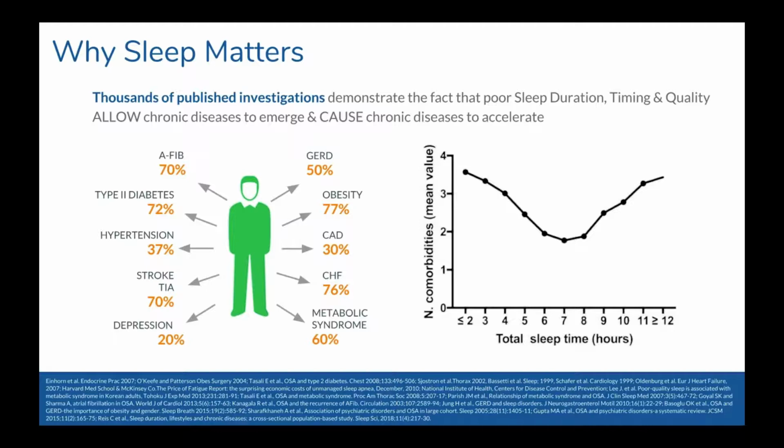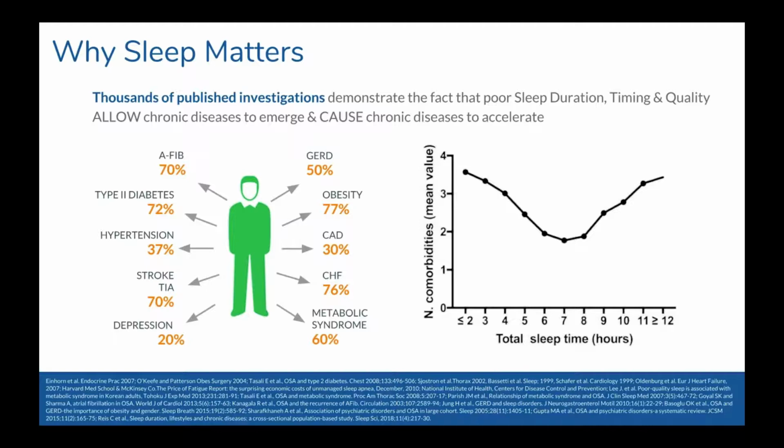Things like AFib: 70% of people with AFib actually have an underlying sleep disorder like sleep apnea that is driving their AFib. And oftentimes when the cardiovascular specialist sees somebody for AFib, they'll send them to get a sleep study right off the bat before they do any further testing, because that's such a significant finding within that population. And once treated, it actually helps to control the AFib. We know the same thing's true for type 2 diabetes. We know the same thing's true for hypertension, one of the most common conditions that people deal with in the